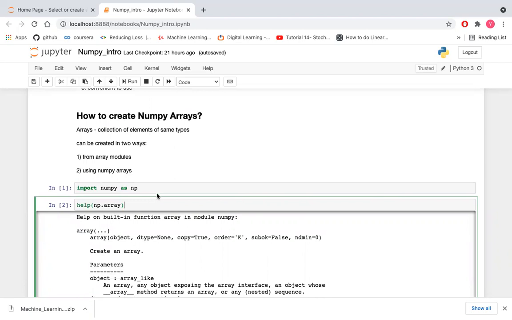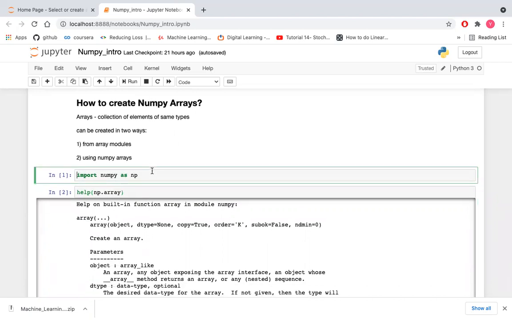NumPy library. There are two ways, like from the array module and by using NumPy arrays we can create a NumPy array. So let's understand how to create NumPy arrays by using the NumPy library.